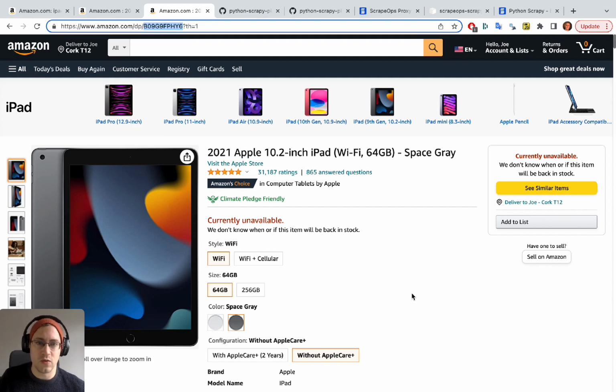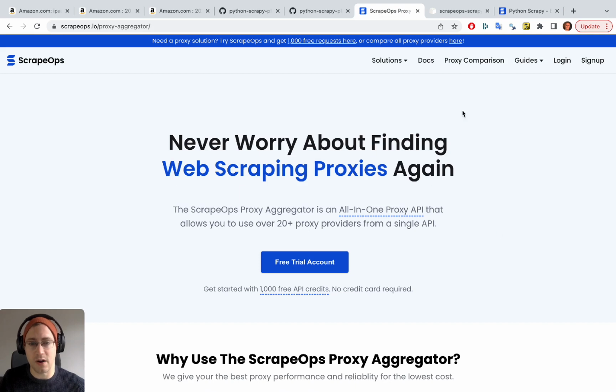So we can do that using the ScrapeOps proxy. So you can get a free trial account with 1,000 free API credits, and that gives us plenty of API credits to use in whatever tutorials you need. So you can just sign up for a free trial account, no credit card required or anything. And then once you have the API key, you can go ahead and follow us for the next step,